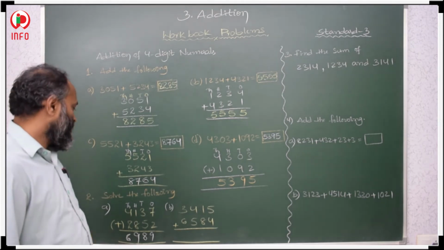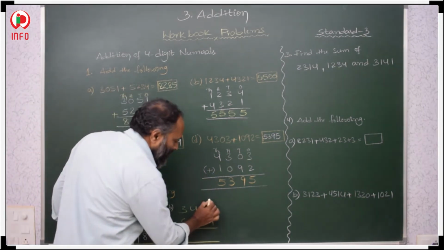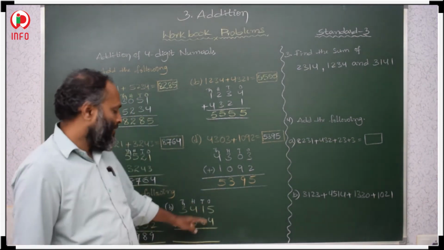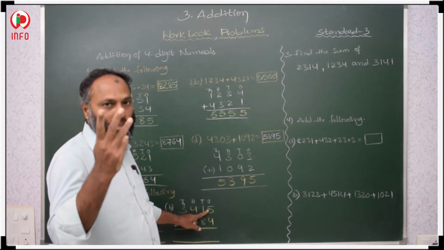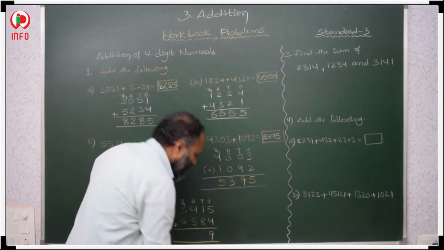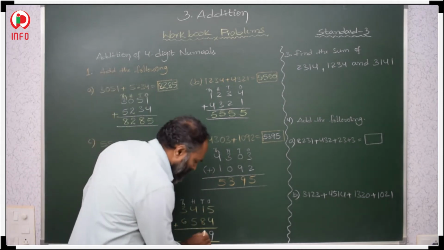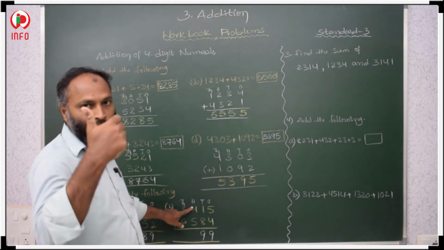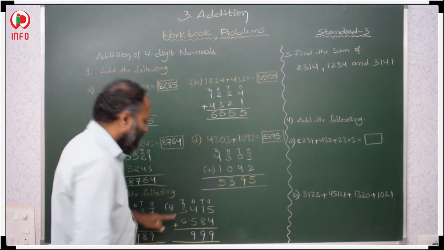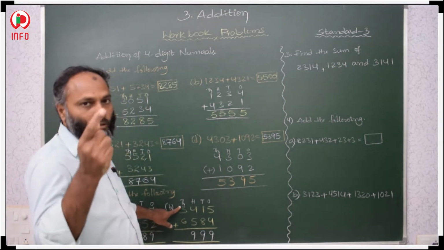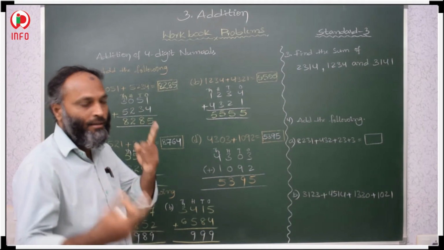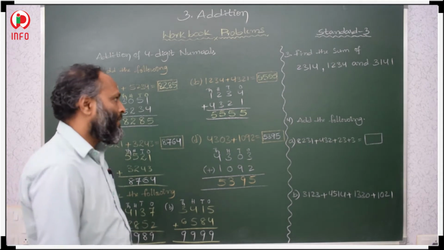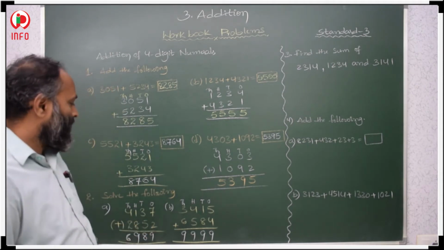6989. This is the total. So here addition again. This is ones place, tens place, hundreds place and thousands place. 5 plus 5, 6, 7, 8, 9. 8 plus 1, 9. Then 4 plus 4, 5, 6, 7, 8 and 9. 3 plus 6, 3, 4, 5, 6, 7, 8, 9. 9,999.